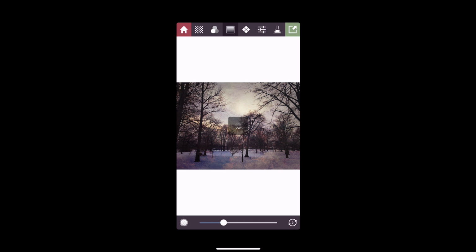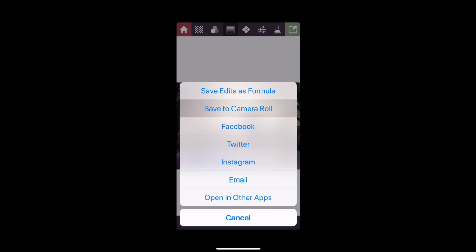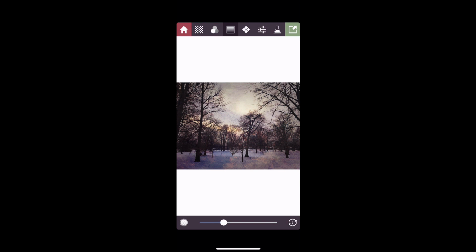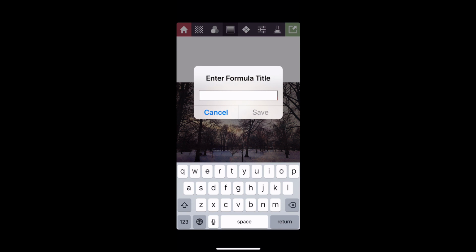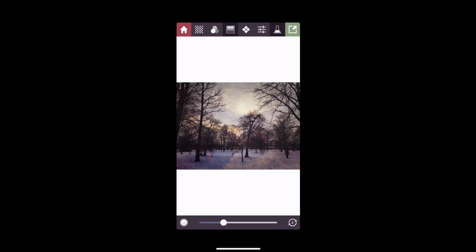But let's say I really like this particular formula that I've created that is comprised of these 4 layers over here that we did, and I want to save it to apply to other images. So I'm going to tap on the Save icon again at the top, and you notice the very first thing in the list is Save Edits as a formula. So I'm going to save my edits, and it's going to ask me to name it. So I'm going to call it, if I could spell, Stackables tutorial. And then I'm going to hit save,